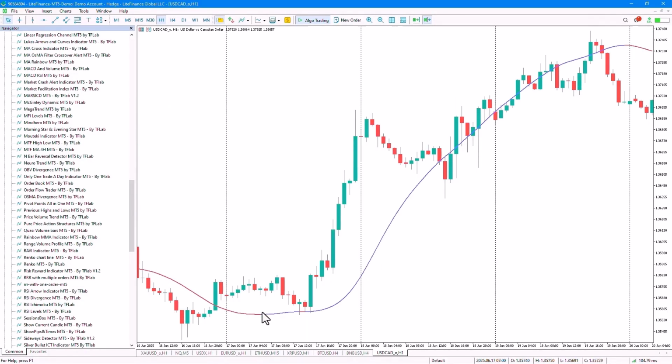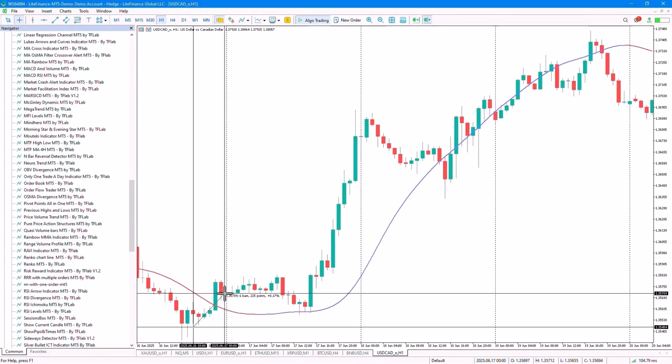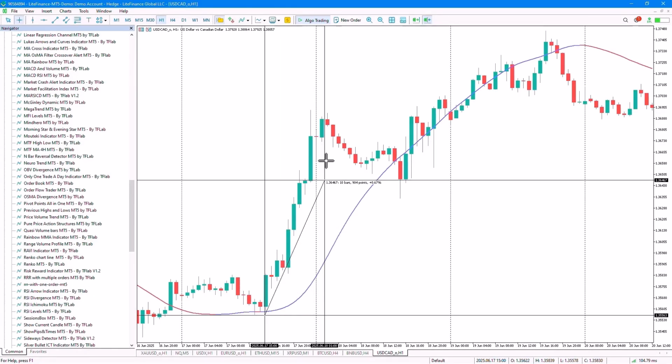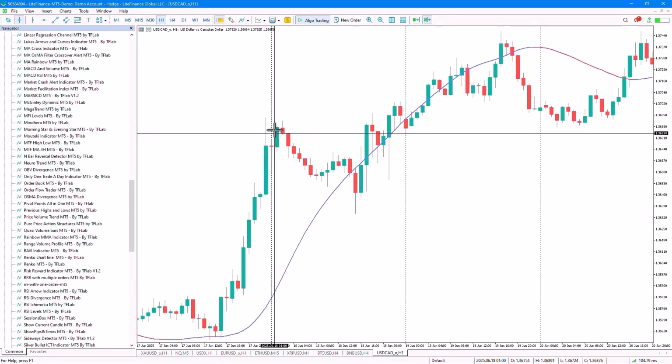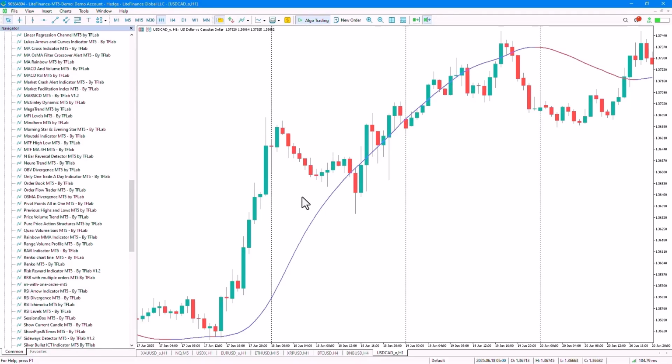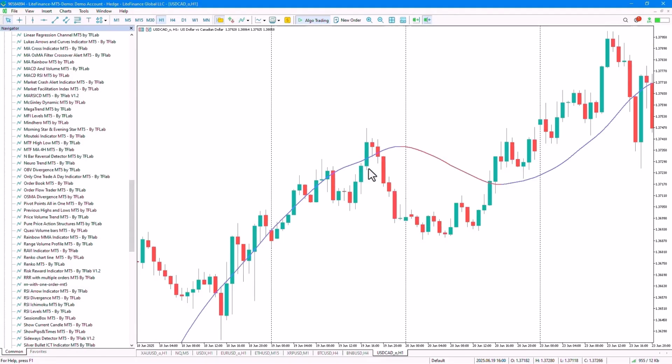When the moving average line changes from red to blue and the price crosses over the moving average line upwards, we can consider this as a buy signal and enter a long position. Alternatively, if the price pulls back to the moving average line, we can re-enter or make our initial entry at that point. And we can stay in the position until the moving average line changes color, after which we exit